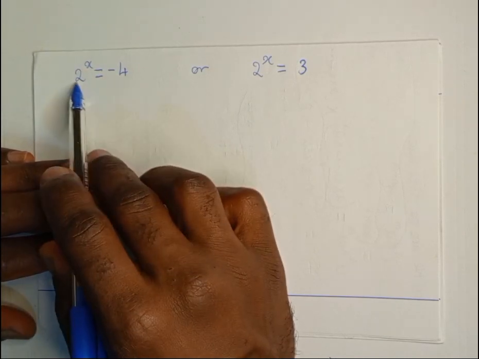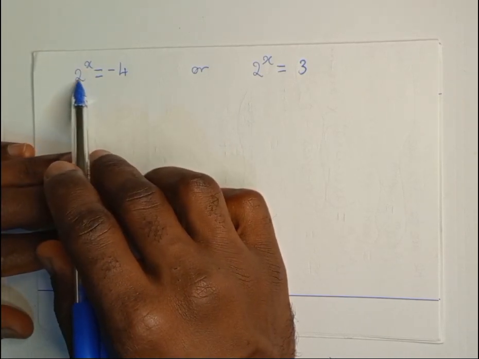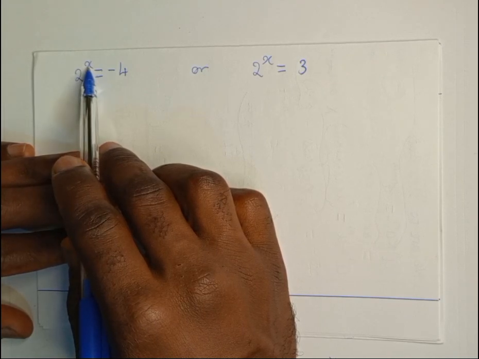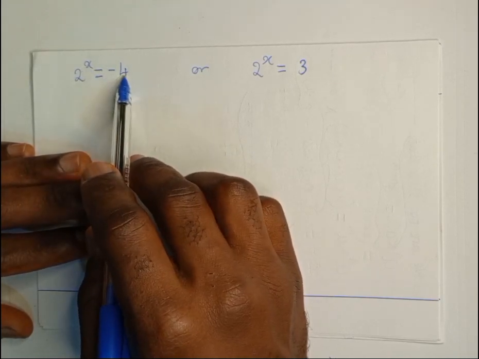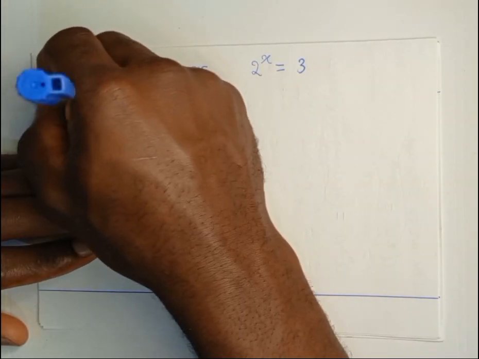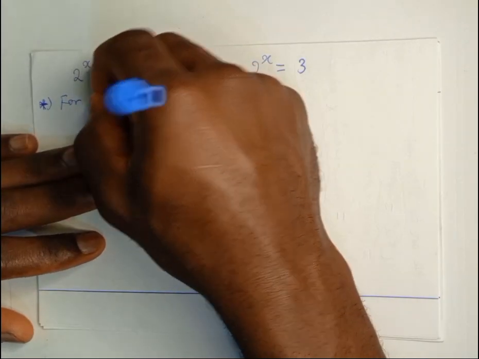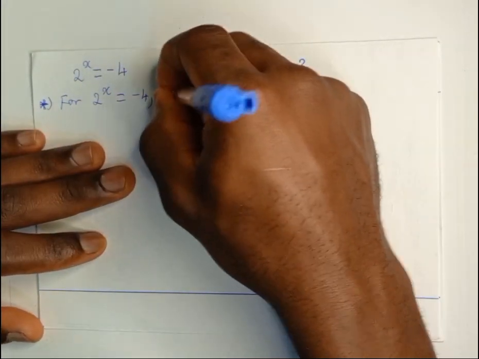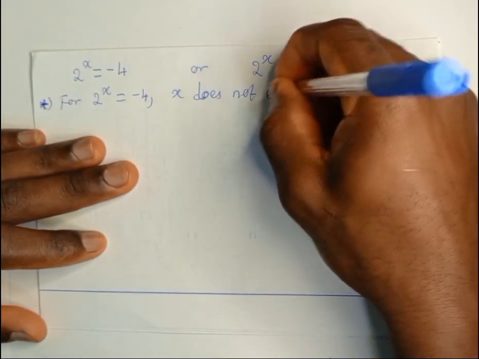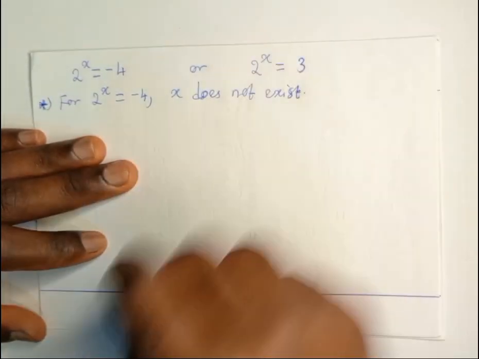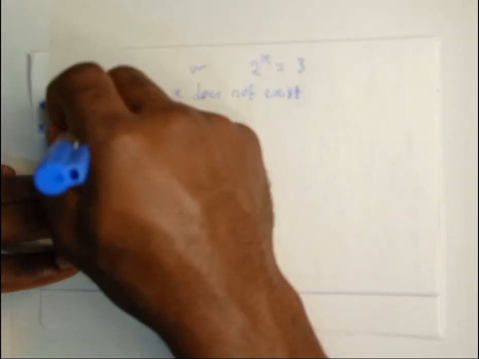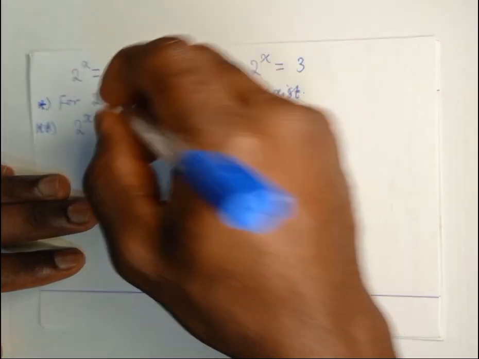For the first one, it is not possible to raise a positive number to a certain power and have a negative result. So if we take the first one, 2 raised to the power x equal to negative 4, x does not exist in this case. Now if you take the second one, 2 raised to the power x equal to 3,